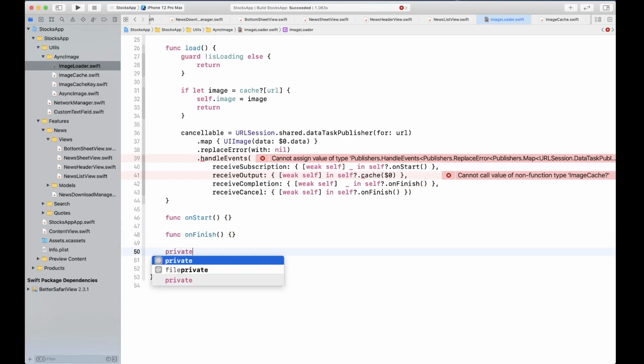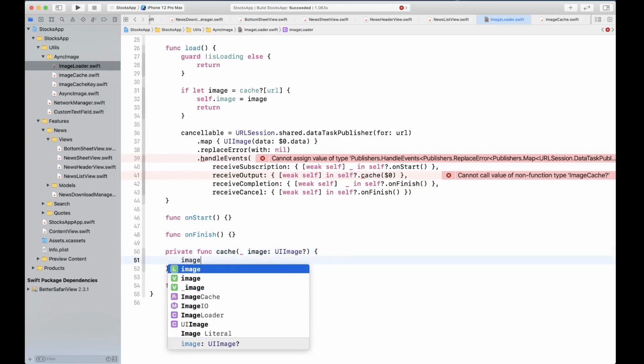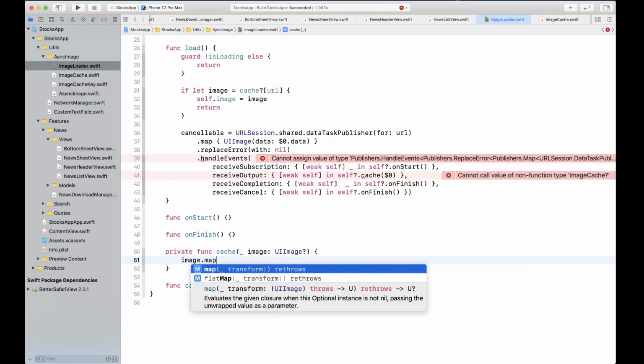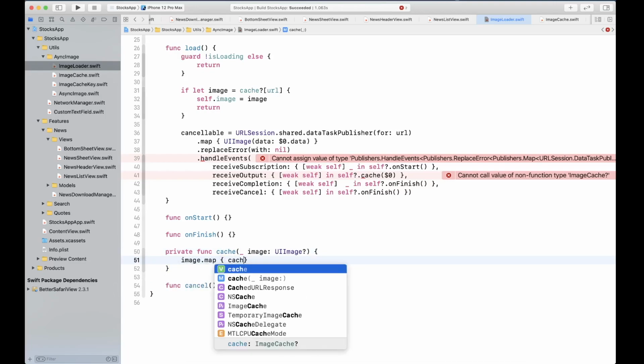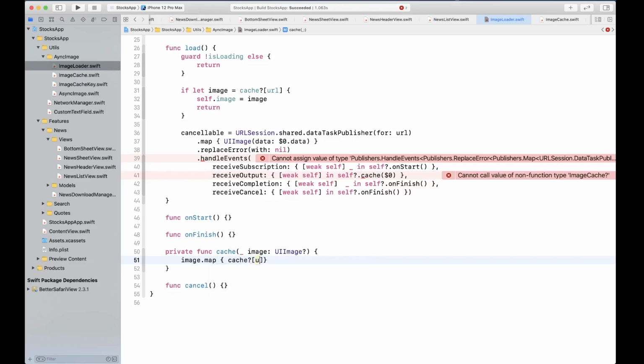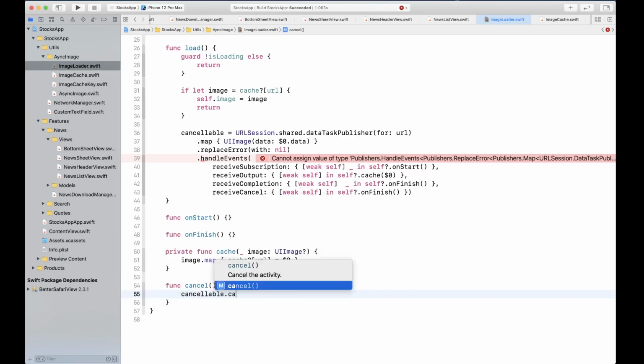This is going to be a private function cache, and it's going to take an image, UIImage, and it's simply going to say image.map cache at the URL to the first parameter that's being passed in. So that is going to be resolved, and this error is going to go away because we haven't subscribed everything. But let's go ahead and fill these before we forget.